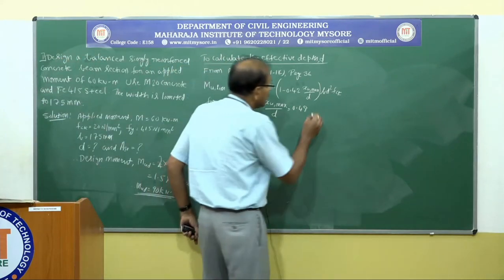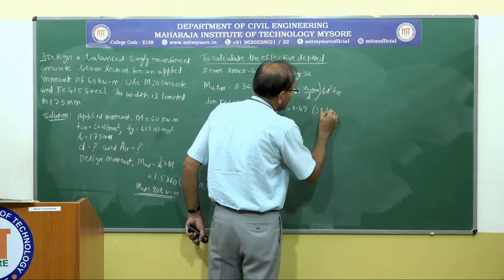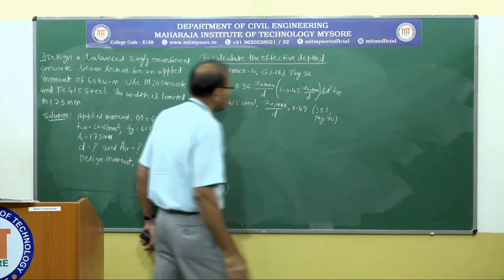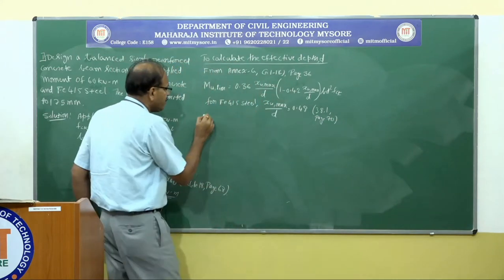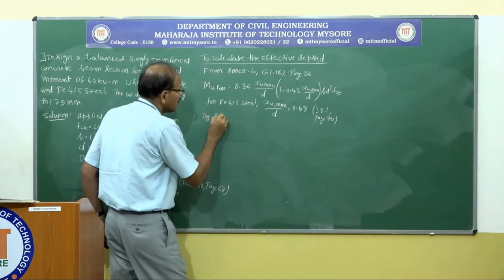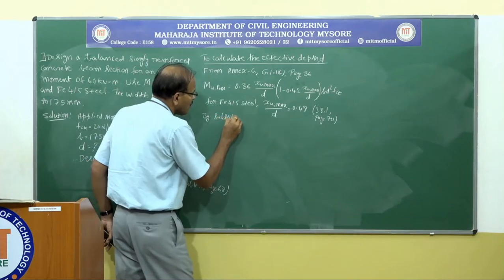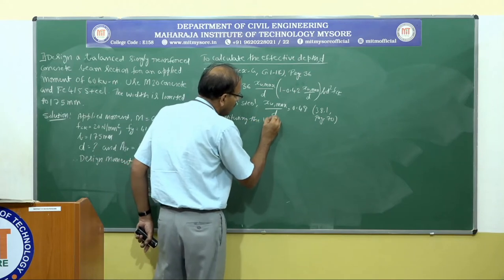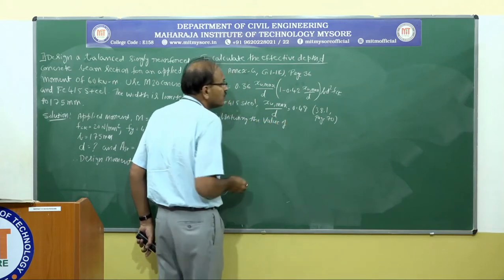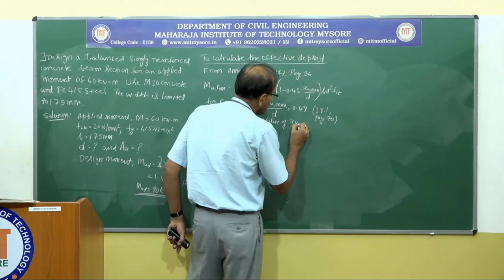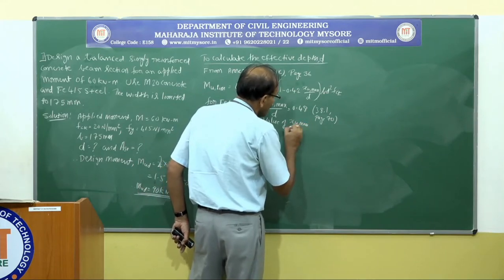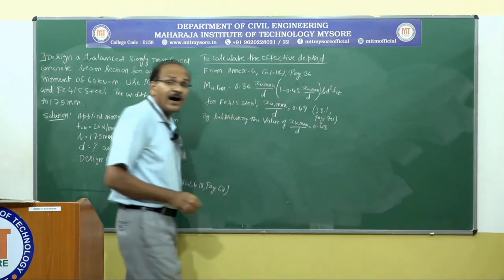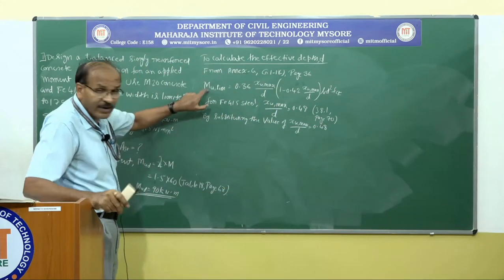This is 38.1, page 70 of the code book. Okay. So by substituting the value of xu max by d equal to 0.48,